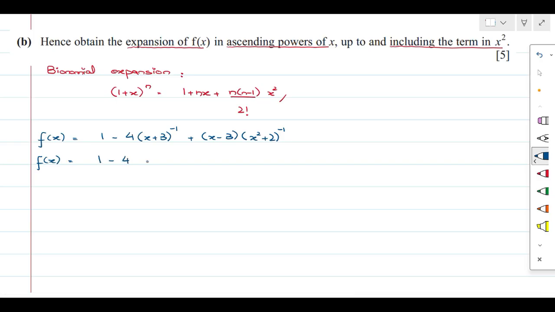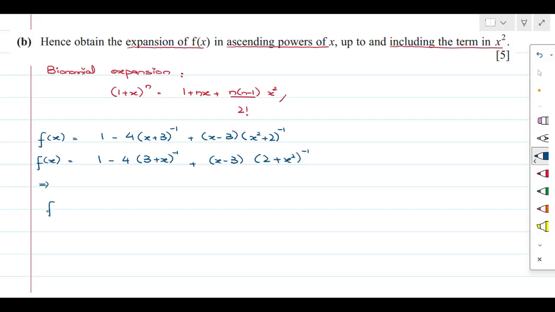So here we can divide by 3, right? So 3 by 3 plus x by 3 and its power is negative 1. Sorry, multiplying and dividing by 3. So before doing this, let me do one more step. This will make you confused. Okay. So I took 3 plus x power is negative 1 plus x minus 3, and then we have 2 plus x square,